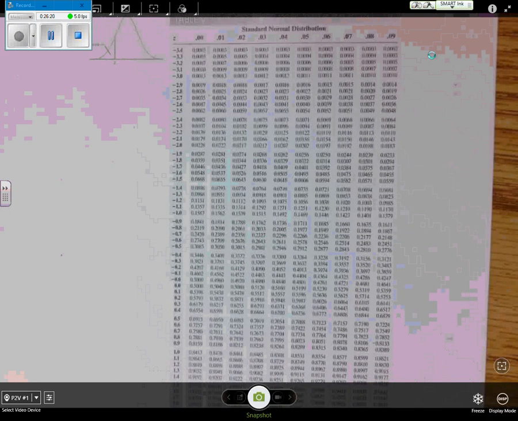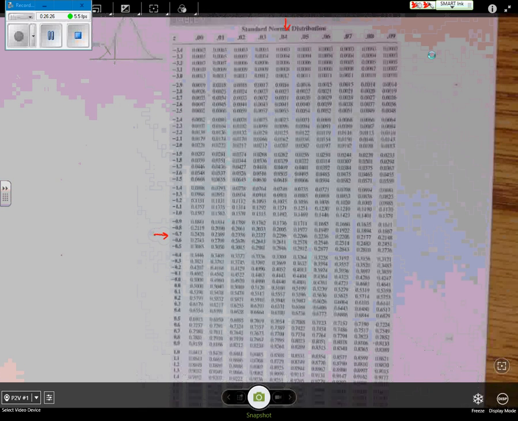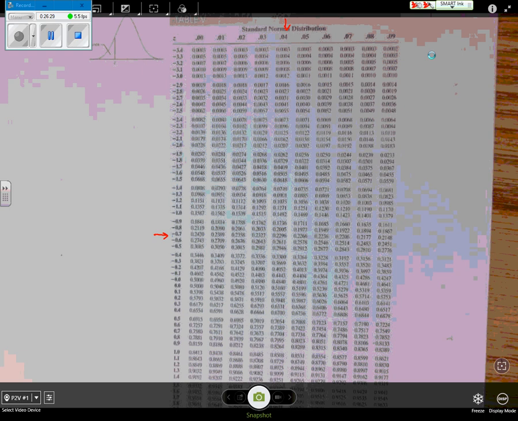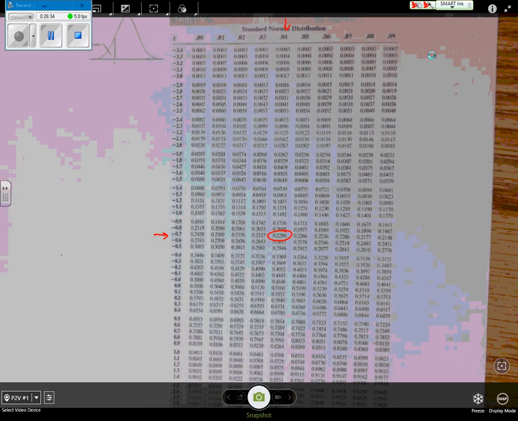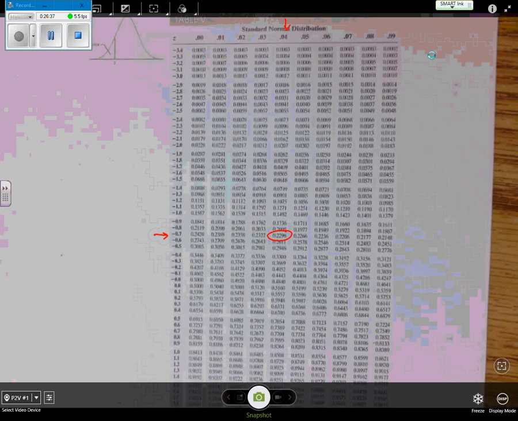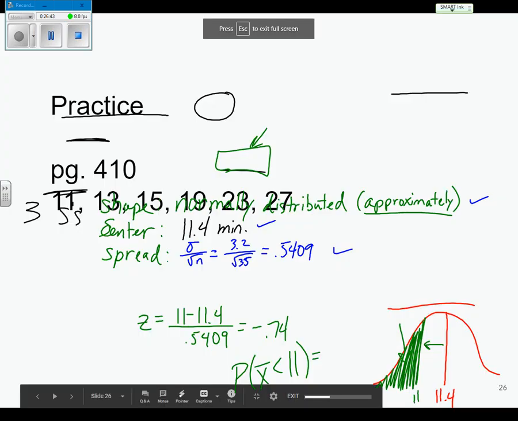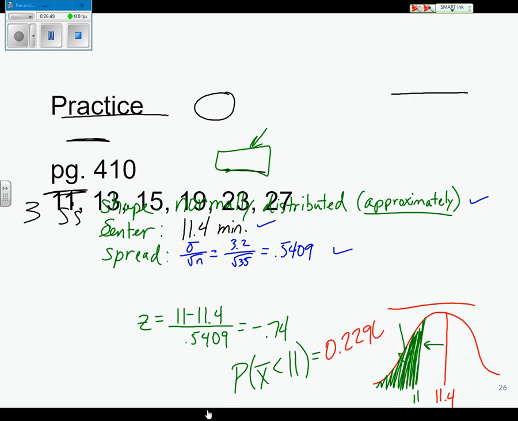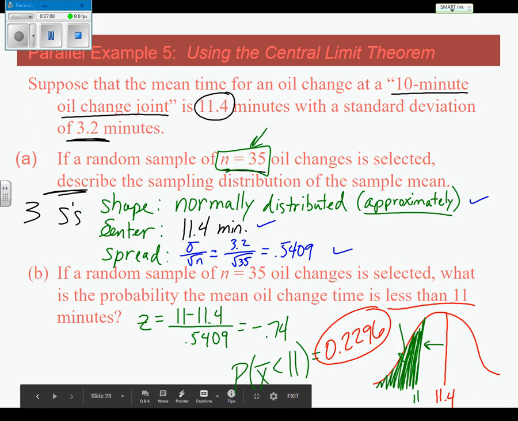So remember, this is how we are finding it. Negative 0.7, and then I come up here to the 4, and I find where they meet up right here. 0.2296. So this probability right here, 0.2296. Right around 23%, right? So only a 23% chance